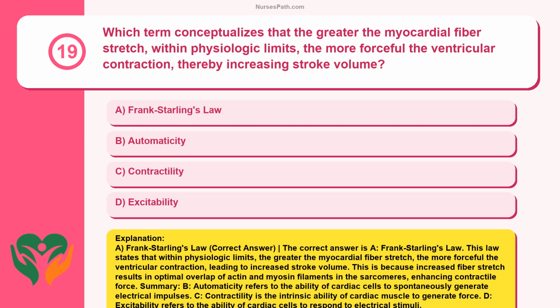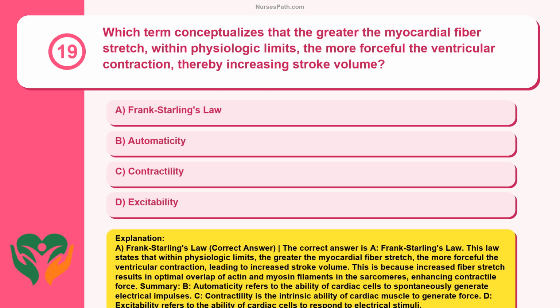A. Frank Starling's law, correct answer. The correct answer is A. Frank Starling's law. This law states that within physiologic limits, the greater the myocardial fiber stretch, the more forceful the ventricular contraction, leading to increased stroke volume. This is because increased fiber stretch results in optimal overlap of actin and myosin filaments in the sarcomeres, enhancing contractile